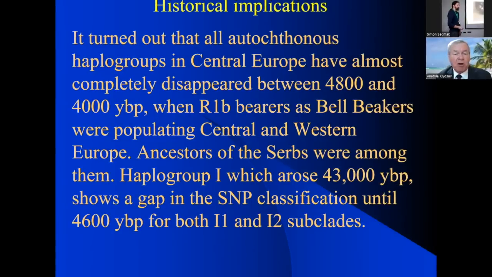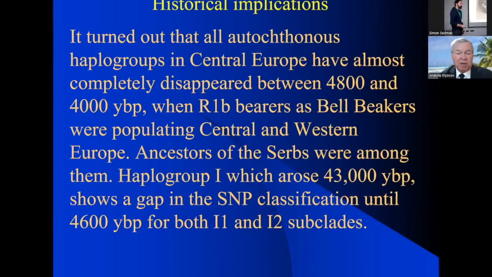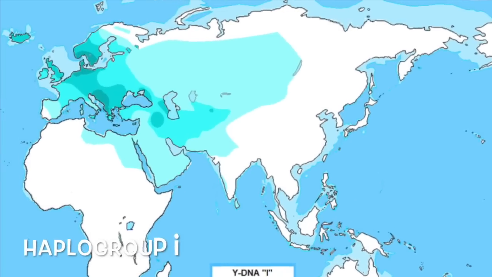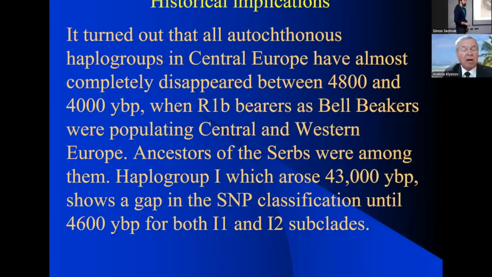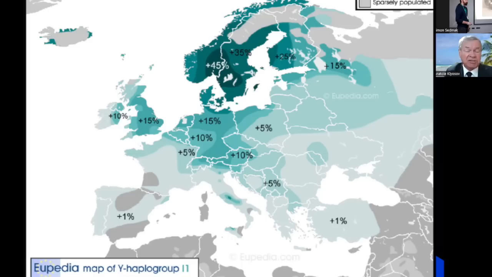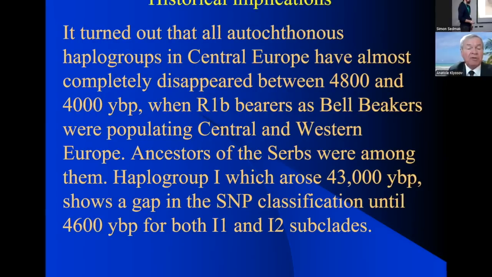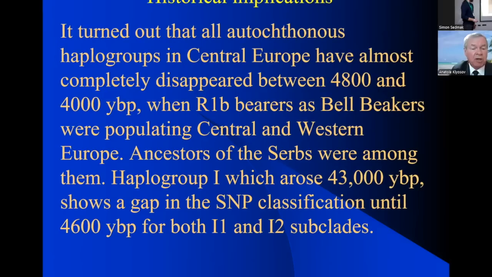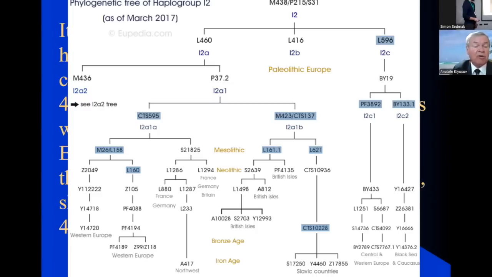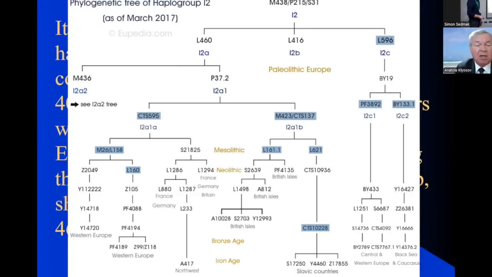Ancestors of the Serbs were among those people who lived in Europe for a very long time. In fact, haplogroup I arose 43,000 years ago. However, after R1b bearers, as Bell Beakers, as an archaeological culture, populated Central and Western Europe, people disappeared from those, including people who had haplogroup A, and now there is a gap in all SNP classifications between 43,000 years and now